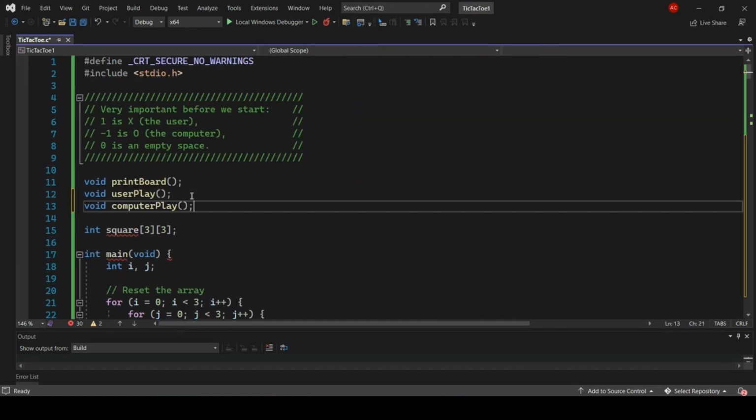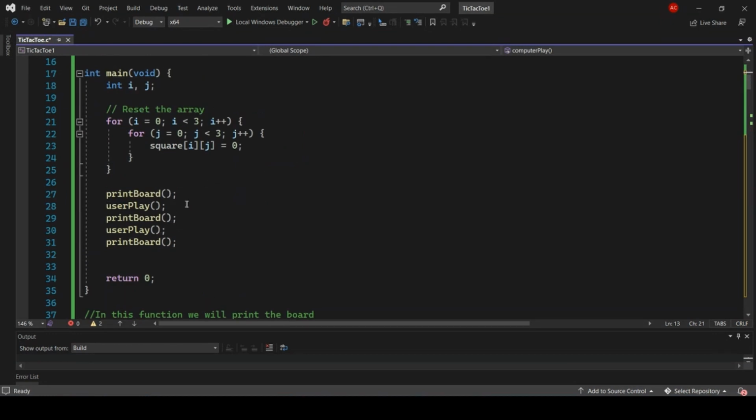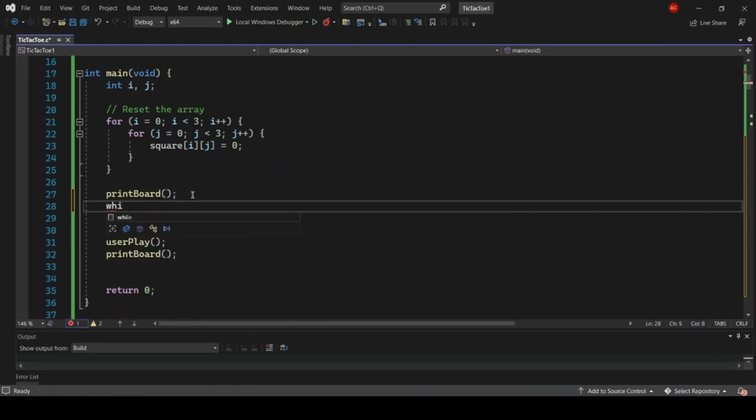Well done! We have completed the move selection function for the computer. Now we will just check that it works well.